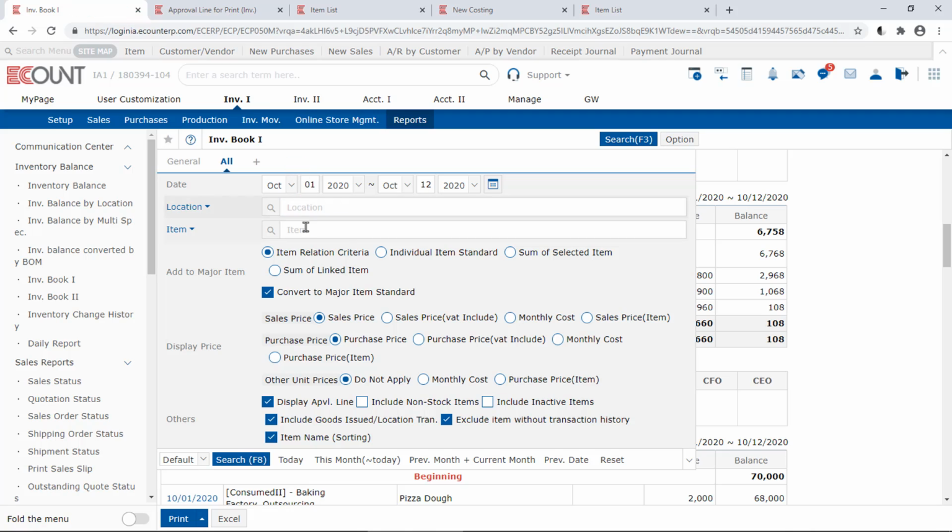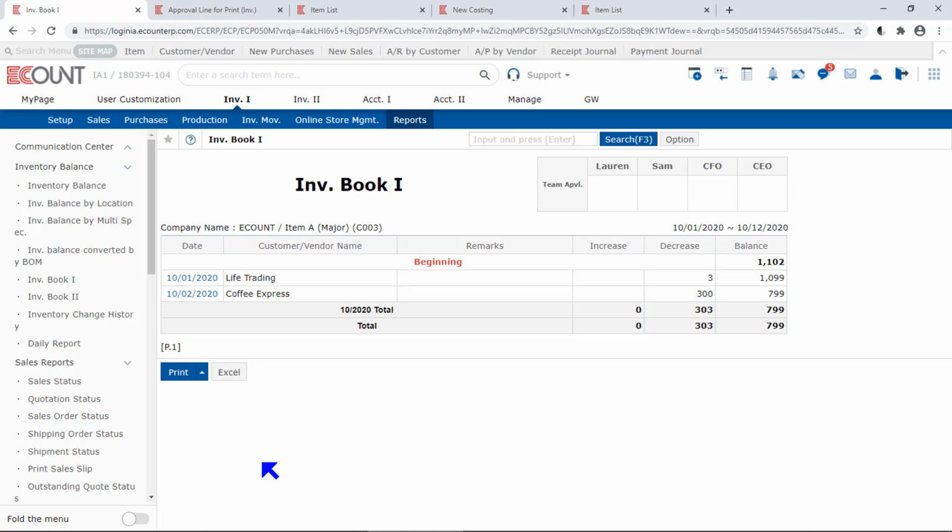if you select item B and search by sum of linked item option, the quantity history of both major item and linked item will be displayed after being converted into the major item's quantity unit. So here, if you look at the data in more detail, if you click each slip's date number,